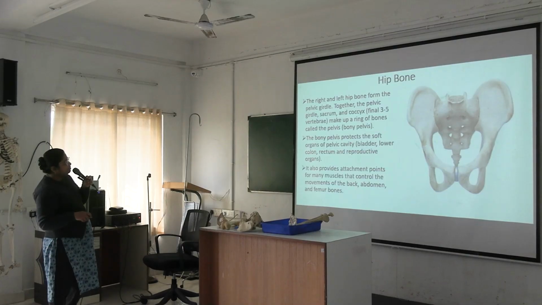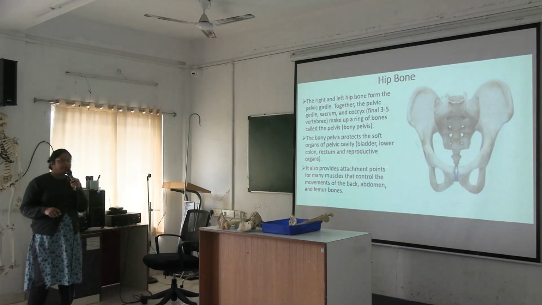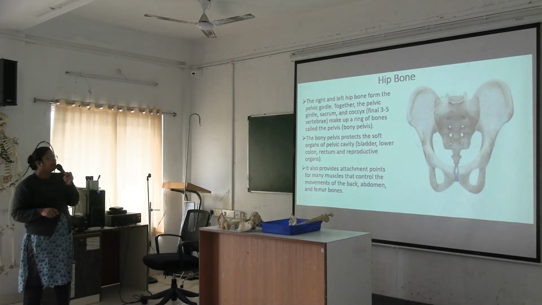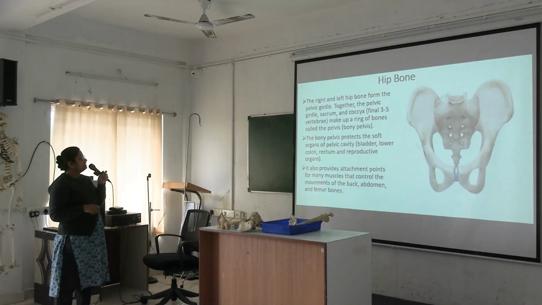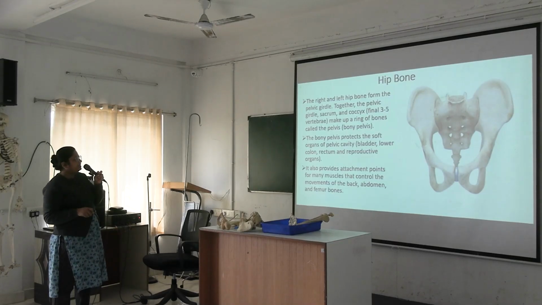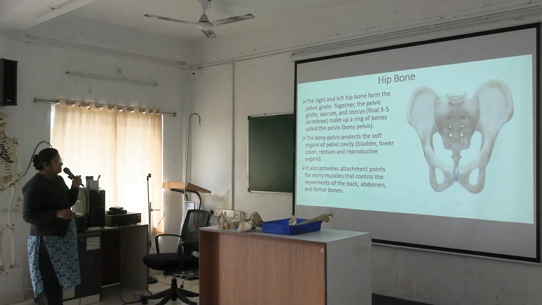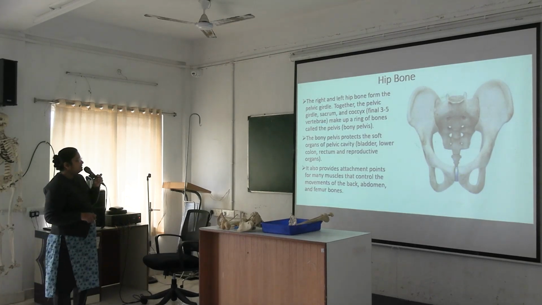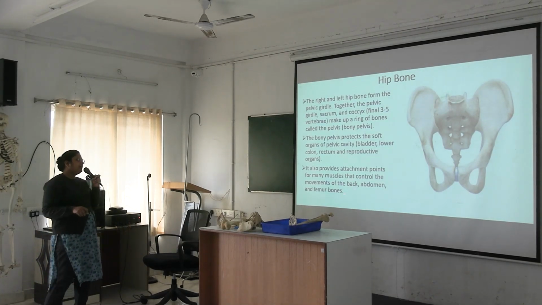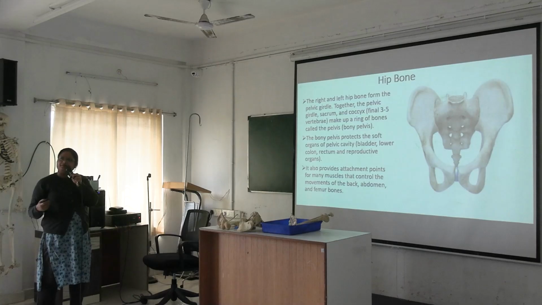It protects the soft organs of the pelvic cavity, bladder, lower colon, that means the large intestines, rectum and the reproductive organs. They are protected by this bony pelvis, and it also provides attachment point for many muscles that control the movement of the back, abdomen and the femur. Okay,